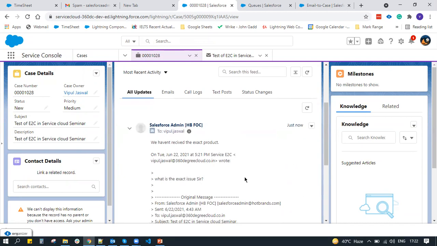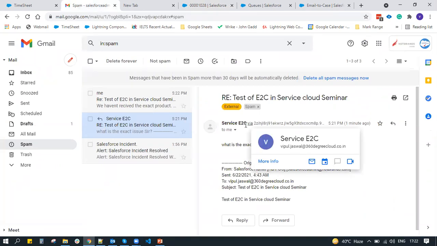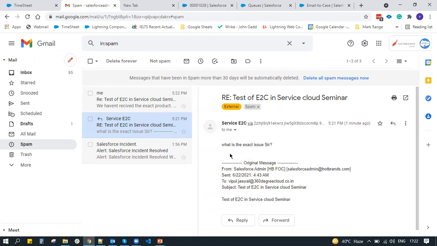How does it happen? This long email address keeps track of the cases that are right now in the system. A unique key is automatically generated for an email that is being sent from Salesforce. As soon as they receive an email in the system, at that particular moment, Salesforce automatically finds out this is the key and this is the case, and it automatically creates a thread under that particular case, right?